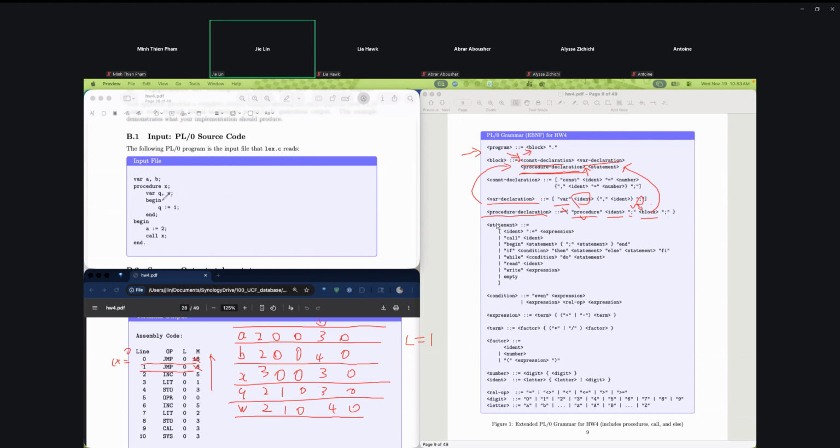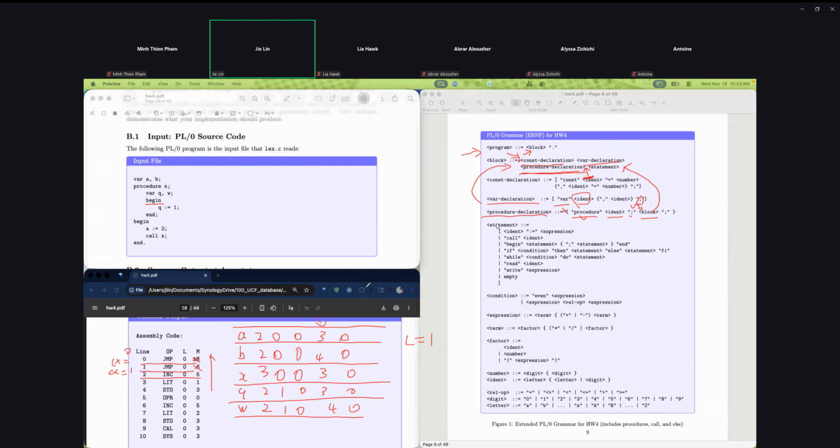Now we are getting to the next part. The next token will be the begin symbol. But here, is there something happening? Is there something happening here before we get into the statement? Yes. That's the thing we're going to fix. But why are we fixing that? Simply, we have all the necessary information to finish up our activation record. And finishing up our activation record will be the INC